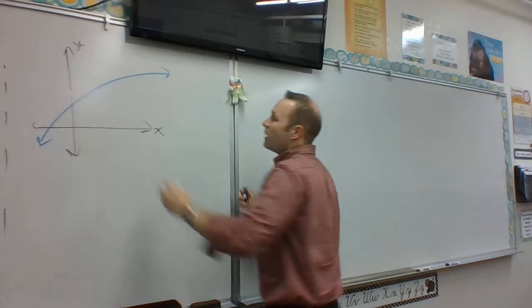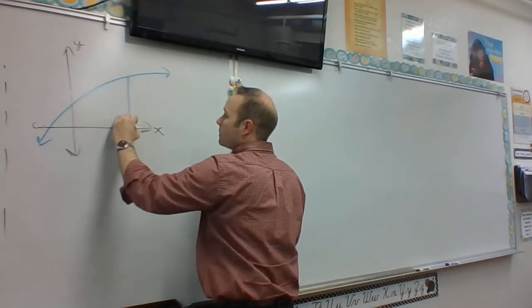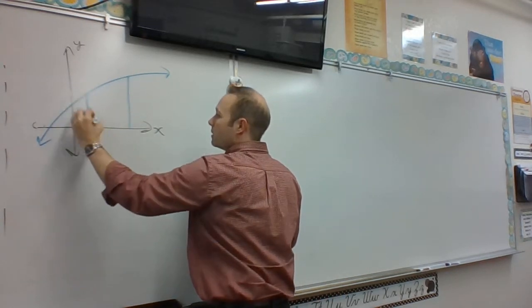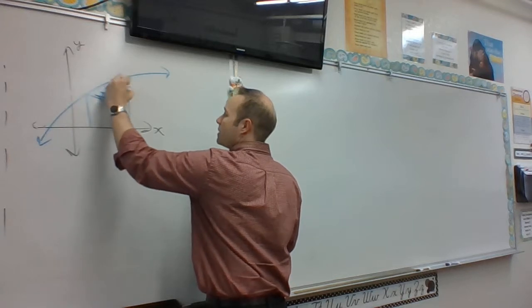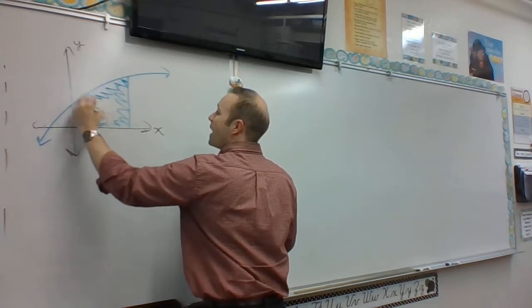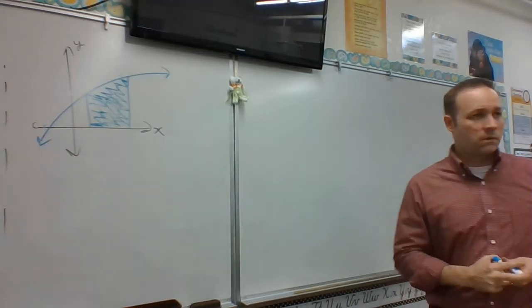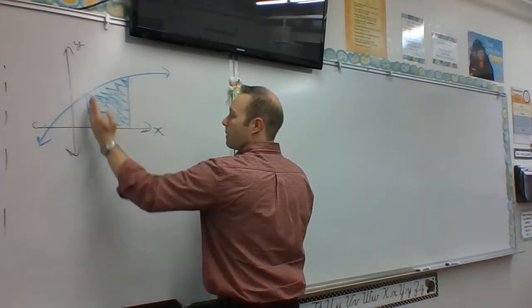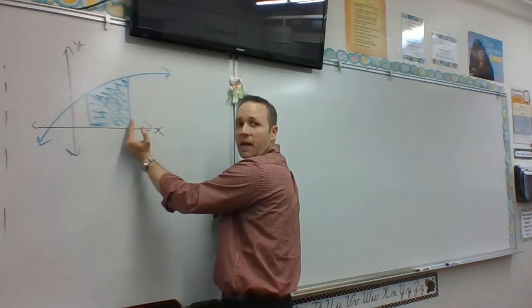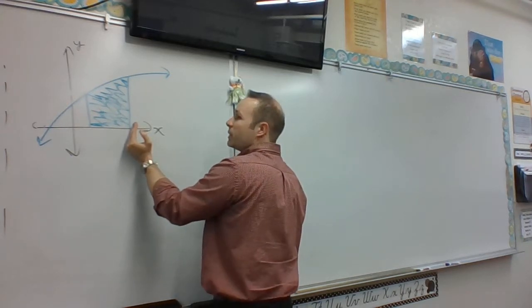And we want to find, say, from here to here, this exact area. That's what we mean by the area under a curve. We're talking from some particular x value to some particular x value, what the area is of the region